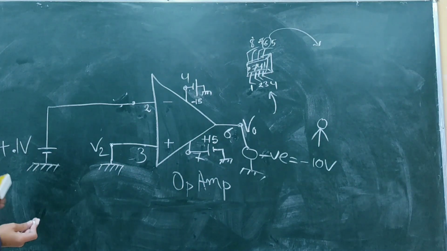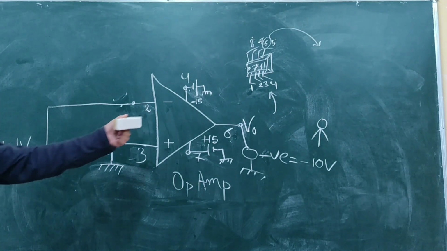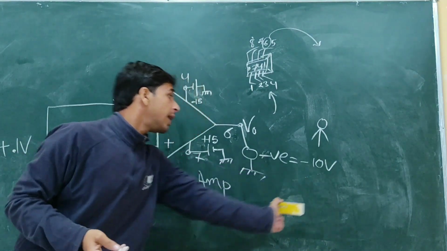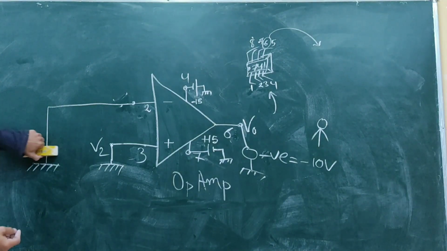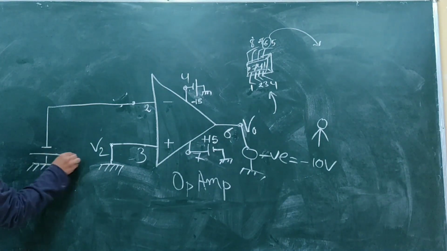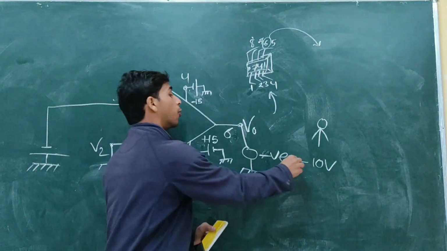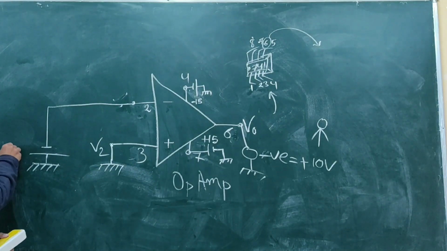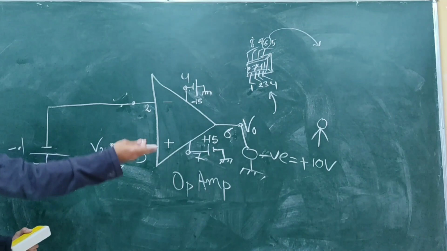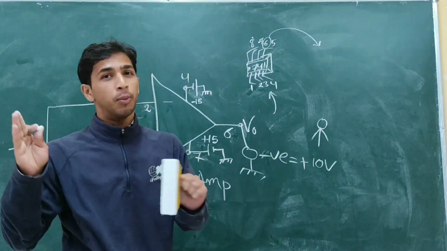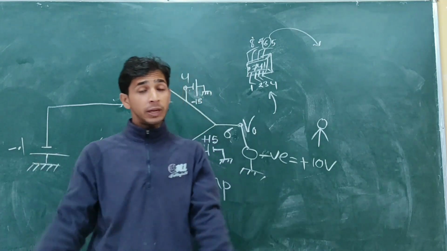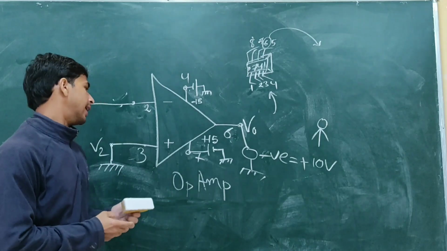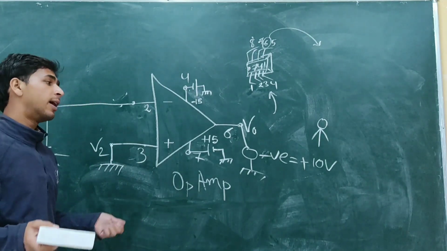So you will see that in case of using the inverting terminal, by giving positive input we will get negative output, and by giving negative input you will get positive output. So it's inverting the output. There we are giving negative input and getting positive output. If you give positive, you will get negative. If you give negative, you will get positive in case of using the inverting terminal, and in case of non-inverting, you will get as you give.